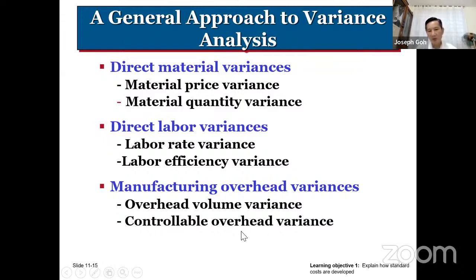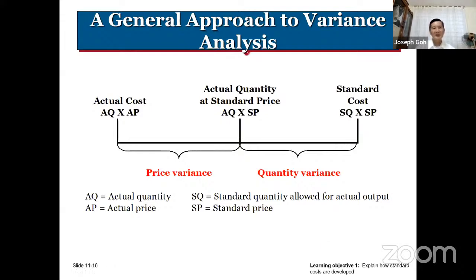So the controllable overhead variance is actually the comparison between your actual overhead, the actual you already paid for the overhead, compared to the flexible budget overhead. It means something you already set for that budget, taking into consideration the actual production. Yeah. So let's go through this very simple